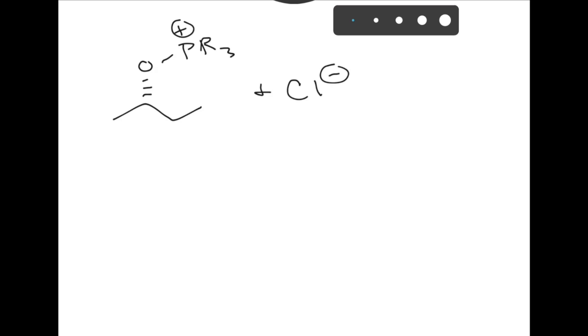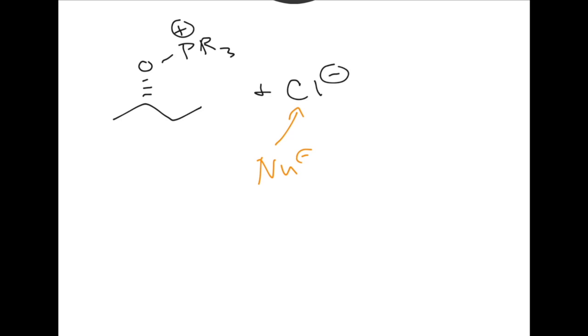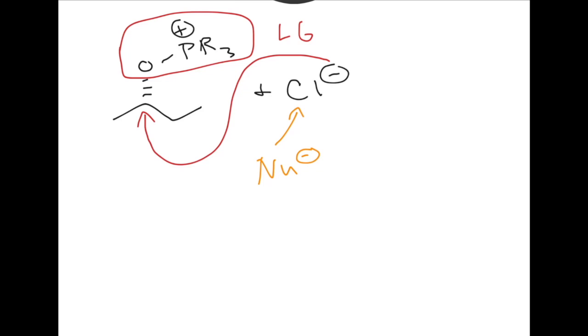But now, that Cl minus, that can be a nucleophile. I now have a leaving group over here that I made by turning my oxygen, by making that bond to my phosphorus. So now I have a leaving group, and I have a nucleophile. I'm set up to do an SN2 reaction. So now this chloride can add to that carbon, push electrons up, and that's going to make your chloride. It's going to invert your stereochemistry, and you're going to make